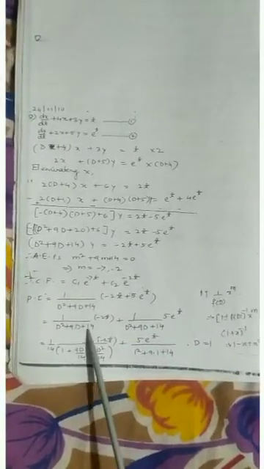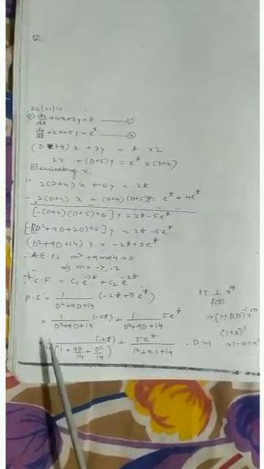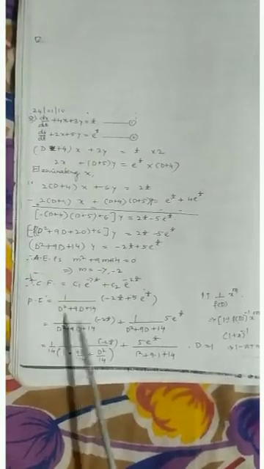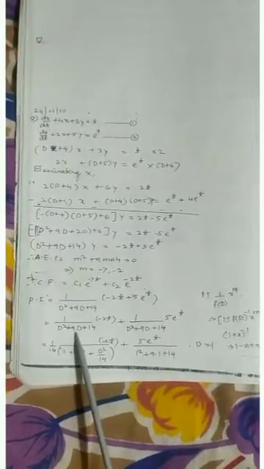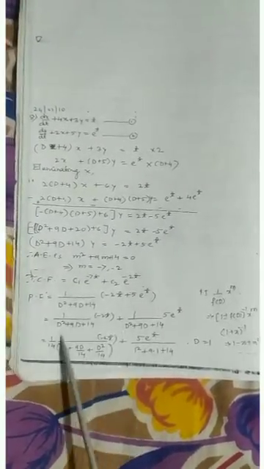That's why I am taking the constant term 14 as common in the denominator. What do you get? 1, in reverse order you have to write. What do you get? 1 plus, taking 14 common, 9 divided by 14 D plus D squared divided by 14. This is the first term.